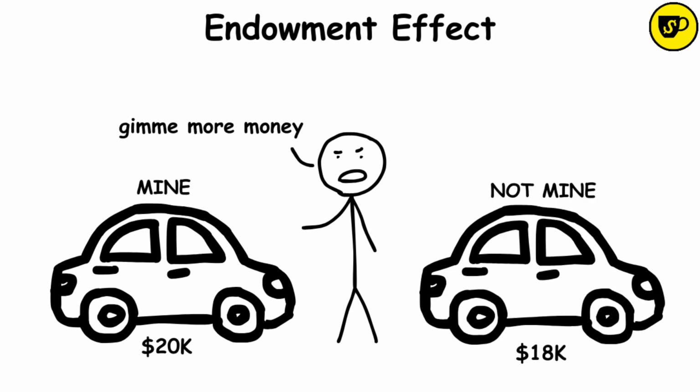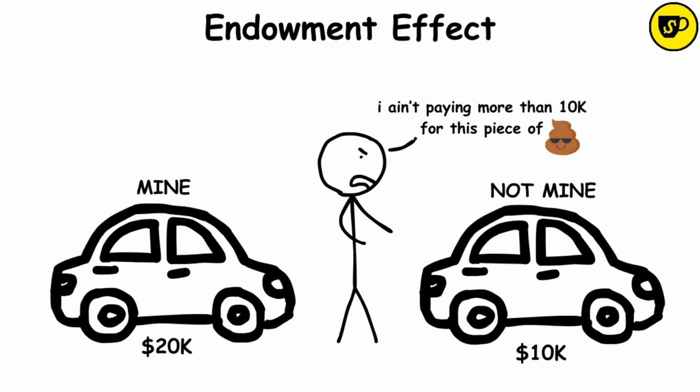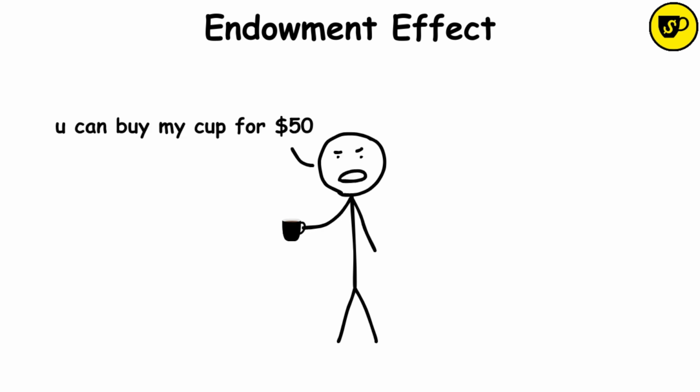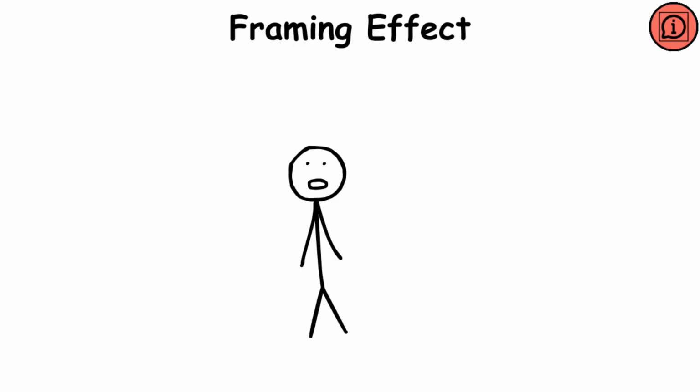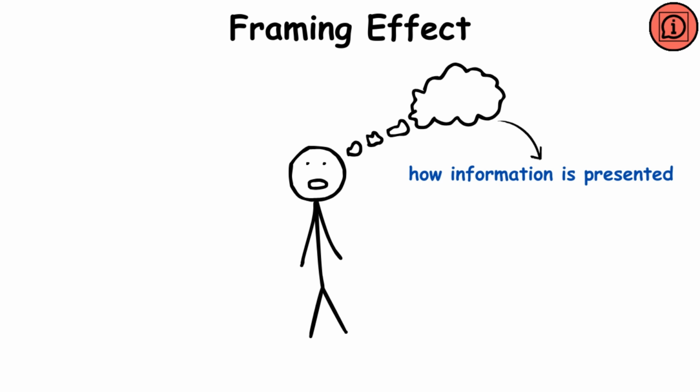This leads individuals to demand more money to give up an object than they would be willing to pay to acquire it in the first place. Someone might require $50 to sell a mug they own, but wouldn't pay more than $20 to buy the same mug. Framing effect. The framing effect is a trap where people's choices are influenced by how information is presented or